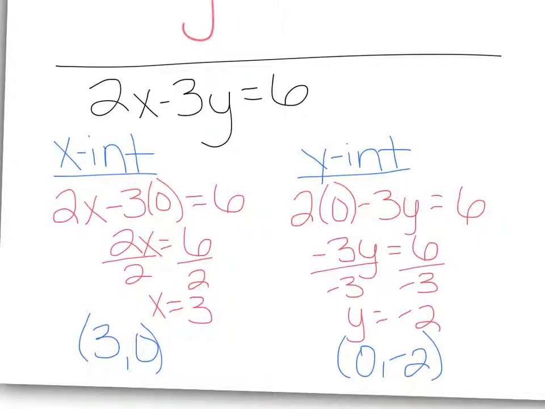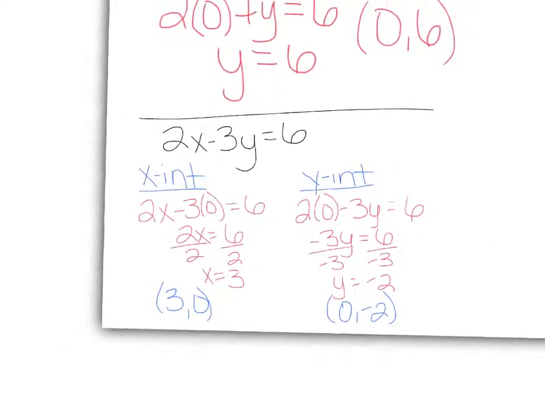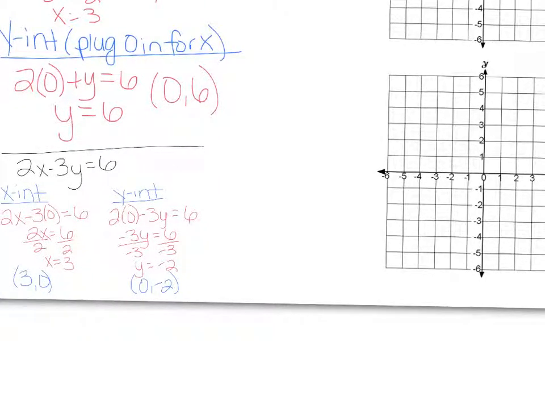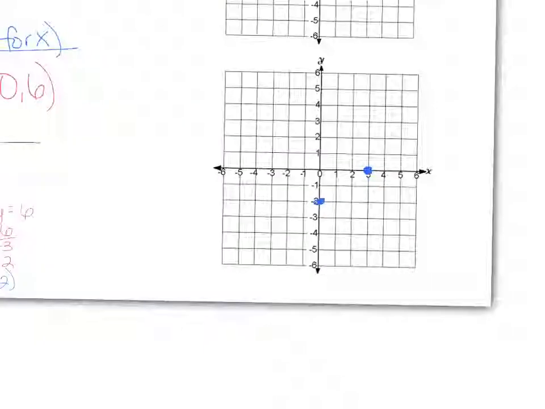Okay, you should have got what for your y-intercept? 0 comma negative 2. All right, you have your 2 points. Once you have 2 points, you can graph a line. So your x-intercept is at 3 comma 0. So we're going to go to the right 3 and plot a point. For my y-intercept, 0 comma negative 2, this time I'm going to go down 2 points and plot my point. And when I connect my lines, be extra careful, make sure I put my arrows. If we all put arrows